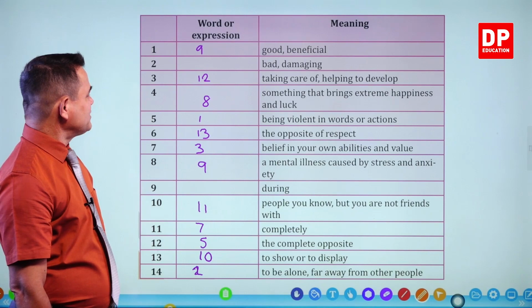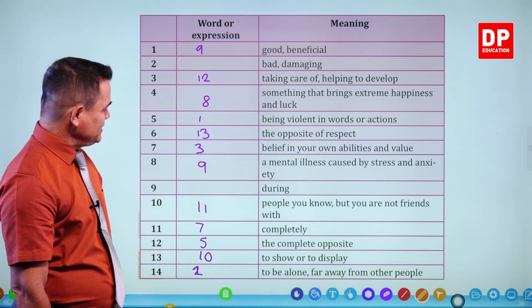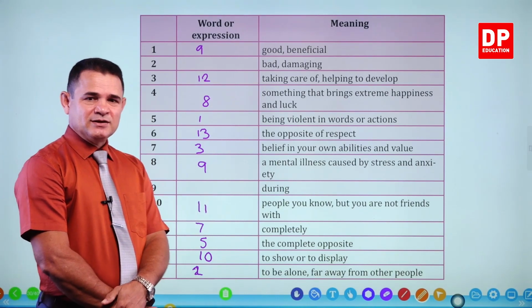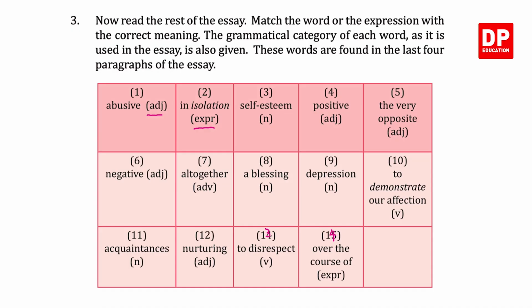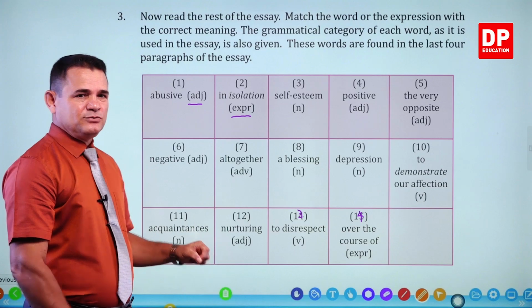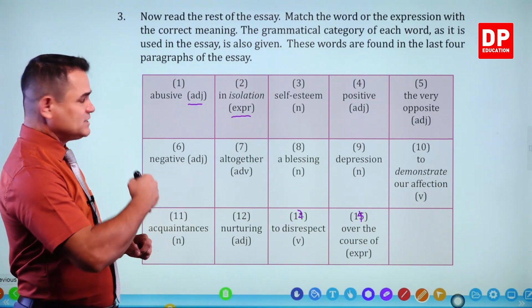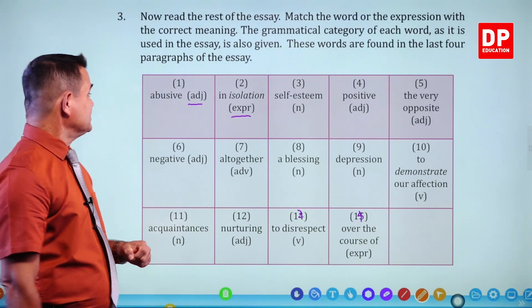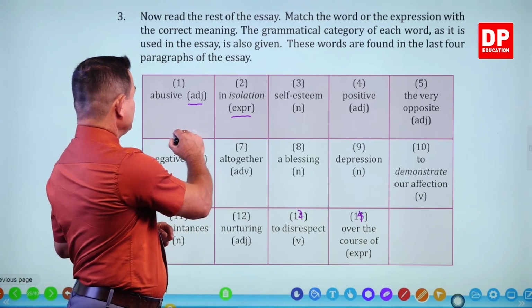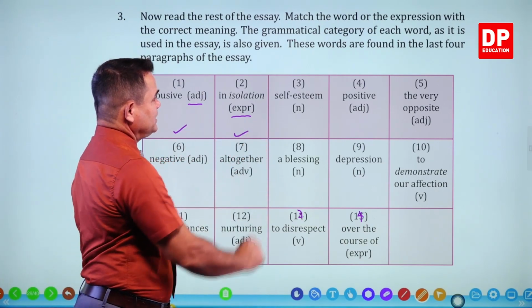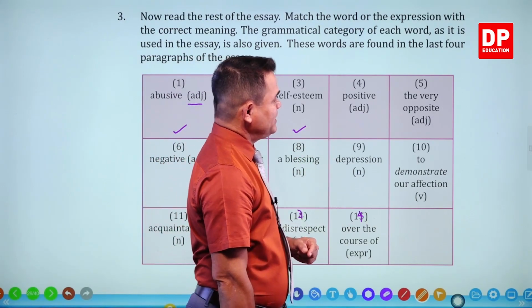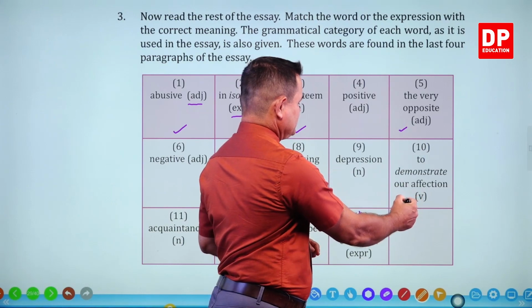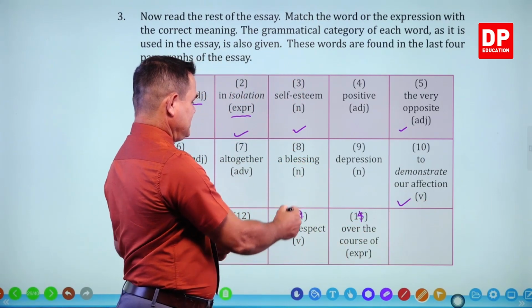And now only two words are remaining, that is bad and damaging, and the word during. So when you write those numbers next to the words that you wrote, you can just tick or cut them off, then it is very easy. So we have used these words: this one, isolation, we put; self-esteem we put; the very opposite we put; this one depression; blessing you will put